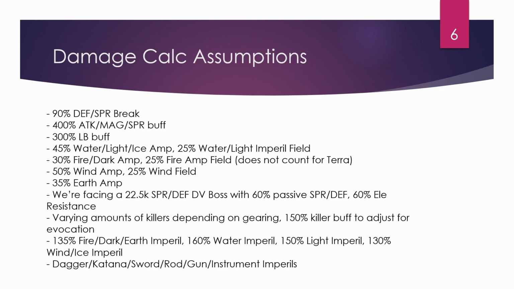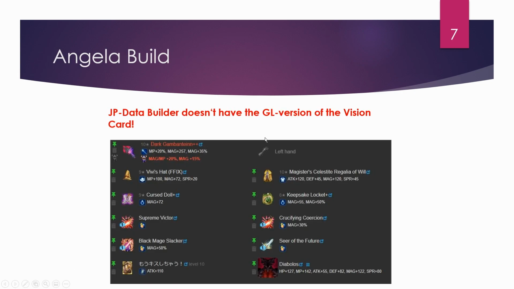So Angela has her own 50% fire amplification, which we are going to use. We have a 135 fire imperil, and we are using a 25 fire field from Luis. This is the gear. Now keep in mind, this is JP builder data, so the JP builder does not have the 110 attack, 110 magic side of things. It reads like